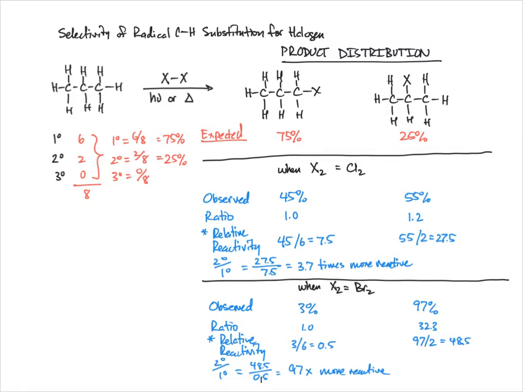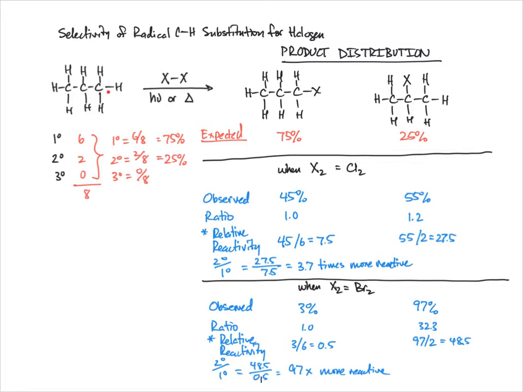So what you really need to understand, I think this is a crucial moment in your learning of organic chemistry, because number one, you are learning about an actual reaction, so CH substitution of H for halogen. You see the conditions necessary to achieve that. You see the product distribution. The main thing you want to take away from this,